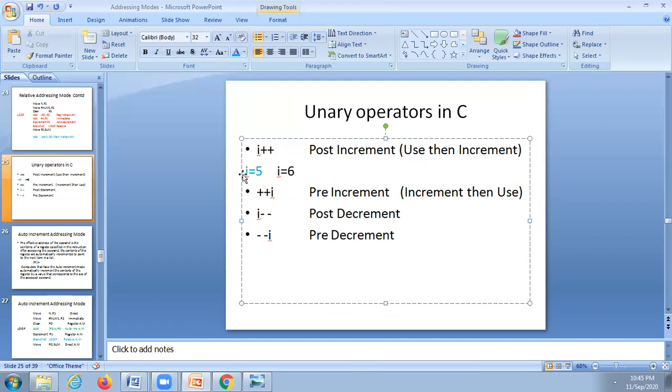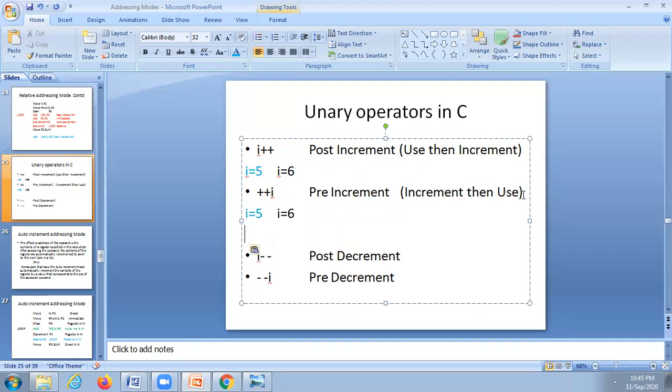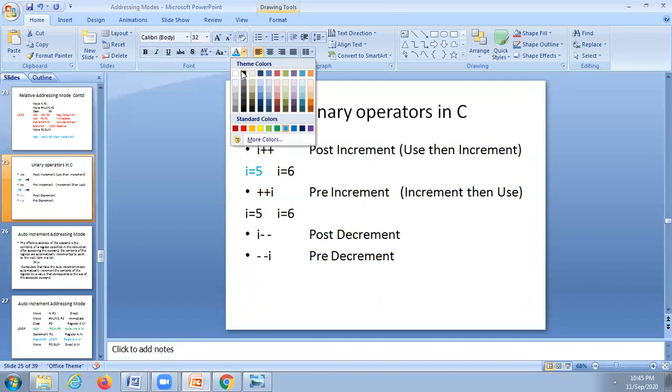Similarly, in this case, there is pre increment. Pre increment means I is equal to 6 is used in the current instruction.